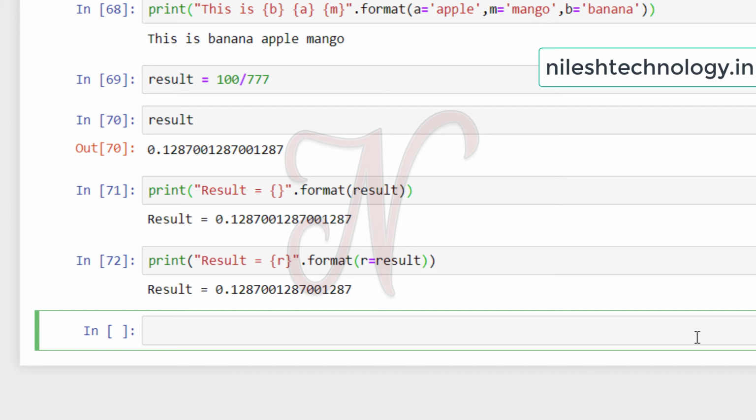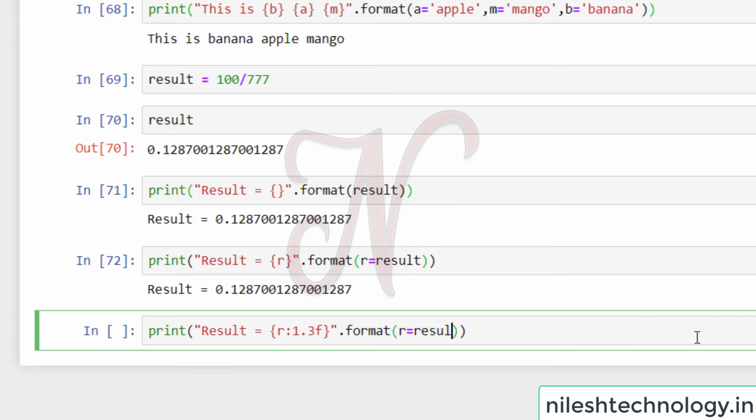Now we have to print this result in another way like this: print result is equal to, r colon 1.3f, here dot format, here we can pass r equal to result.